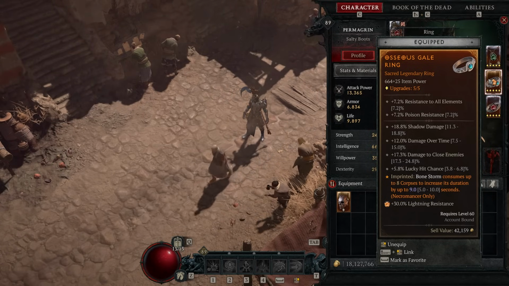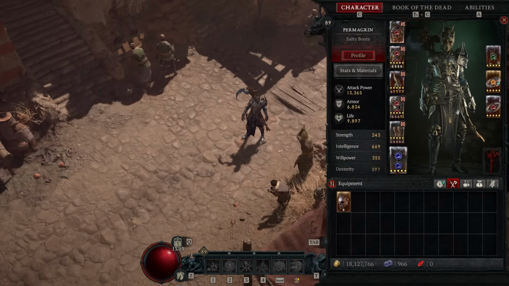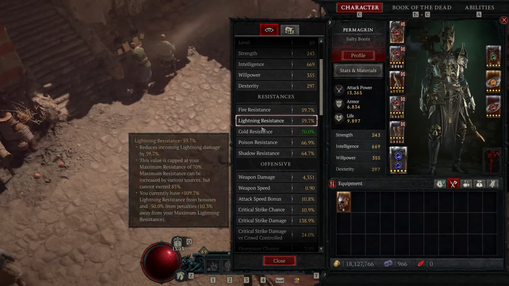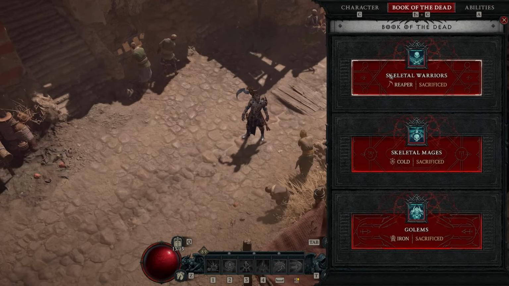I'm running Osseous Gale and Exposed Flesh. Once you get Tybalt's Will, you will not need Exposed Flesh, but I do find it a great way, in case our evade charges run out, that we can still have a way to generate large amounts of essence. As you can see, I'm rocking a fire resistance, lightning resistance, and poison resistance gem. That's because the Bloodless Scream is going to max us out on cold resistance, and the Necromancer naturally has access